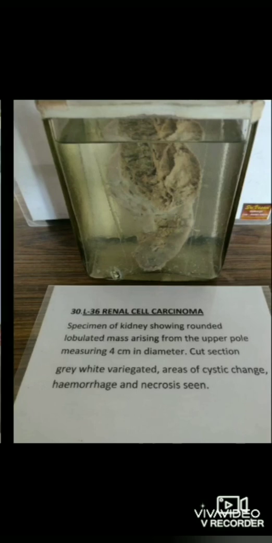Now, based upon the cytogenetics of sporadic and familial tumors, RCC has been classified into clear cell, papillary, granular, chromophobe, sarcomatoid, and the collecting duct type. Now, coming to the morphology of this renal cell carcinoma, these tumors mostly arise from the poles of the kidney as a solitary and unilateral tumor, most often in the upper pole, and it is usually large and well circumscribed. And if it's a papillary tumor, it will show papillae and it will be multifocal.